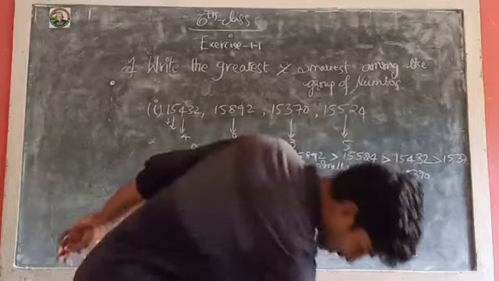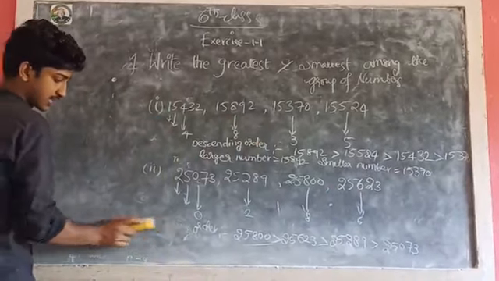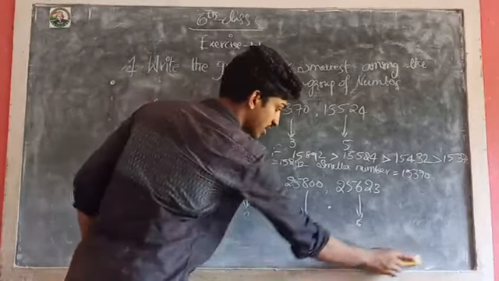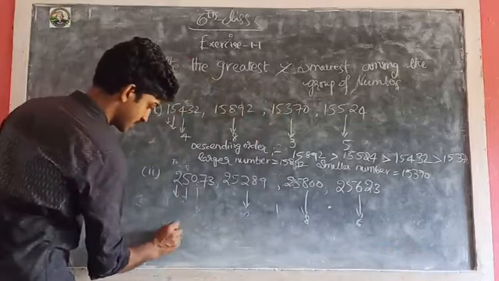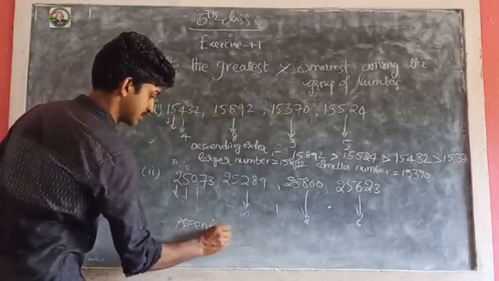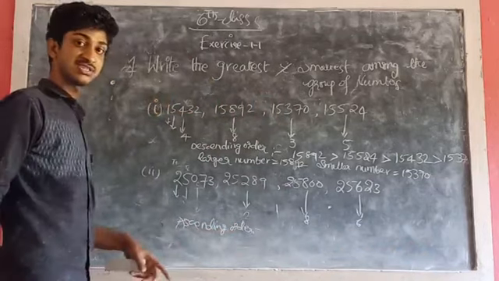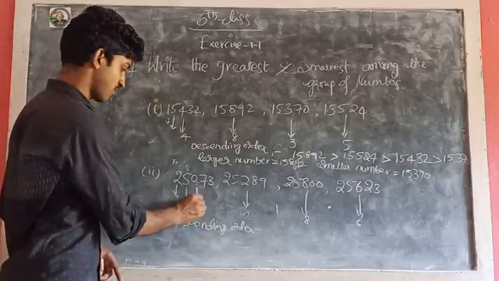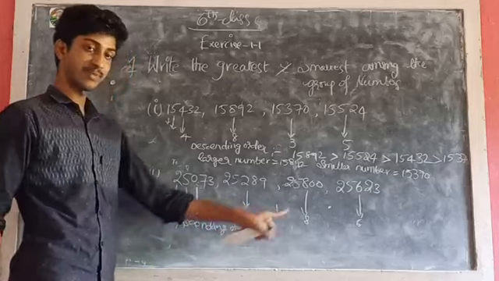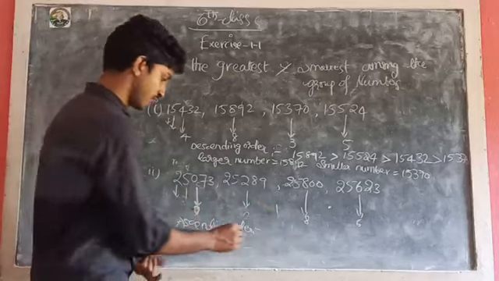For this problem we can use ascending order also. See here, ascending order for this series. Ascending order means smaller value to larger value. Here by comparing these four numbers 0, 2, 8, 6, 0 is the smaller value. So write the number